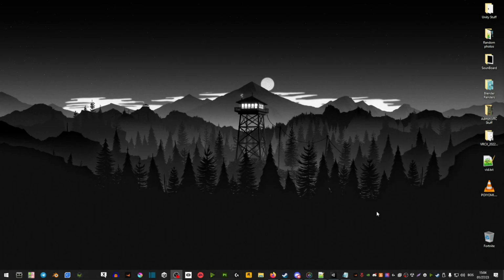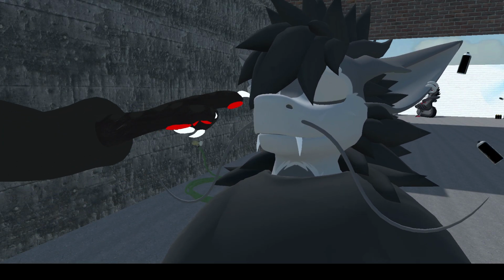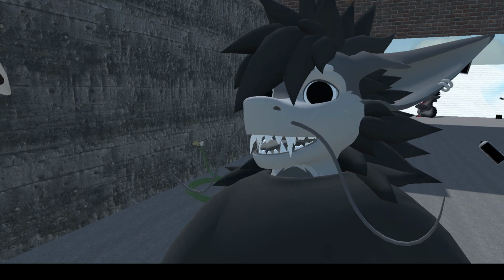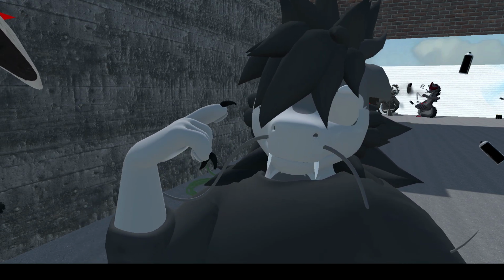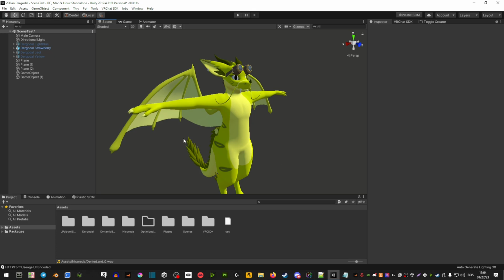So today I'm going to be showing you how to make your eyes close whenever somebody tries to touch them in VRChat. Some people were interested to know how this is done, so let me show you how to do it. So the first thing we're going to do is you're going to right click in an empty space